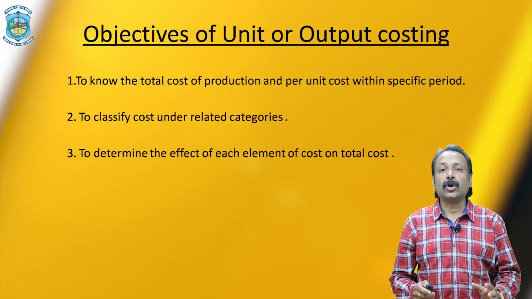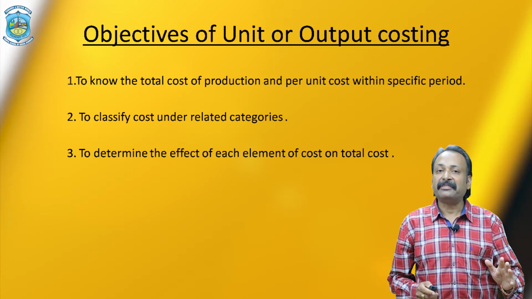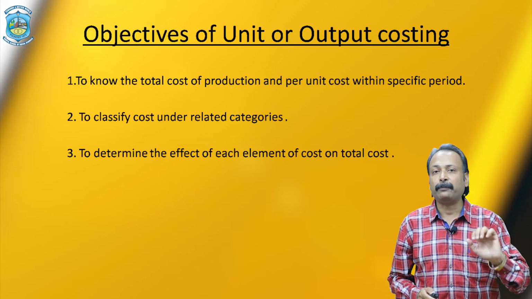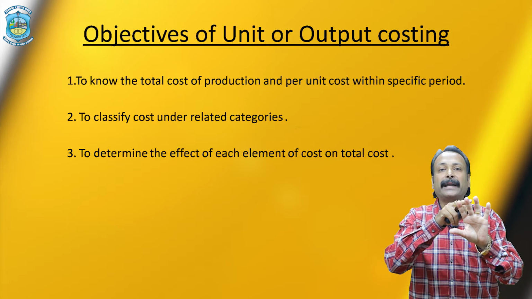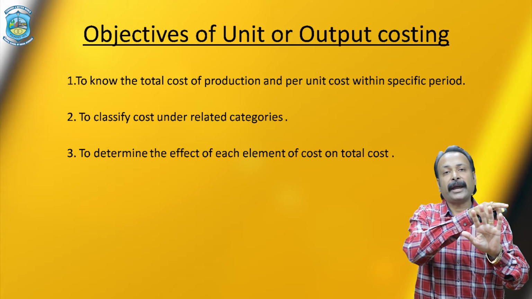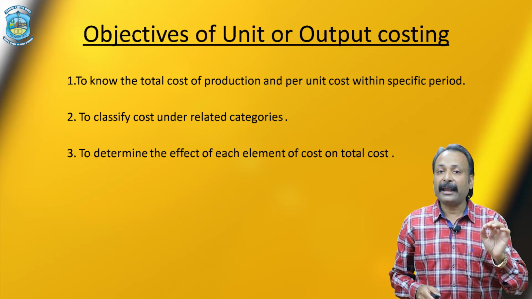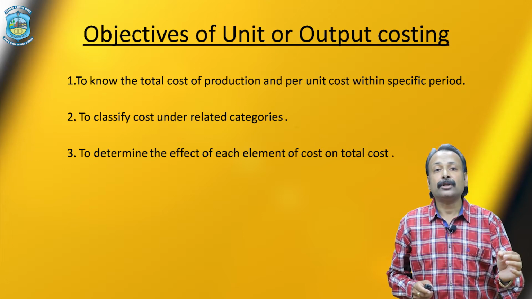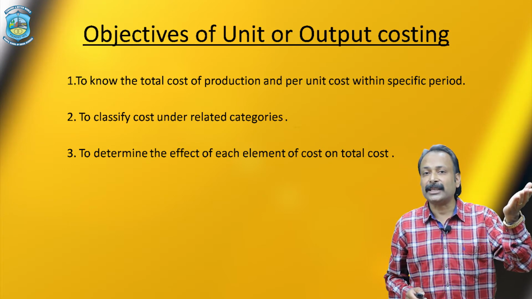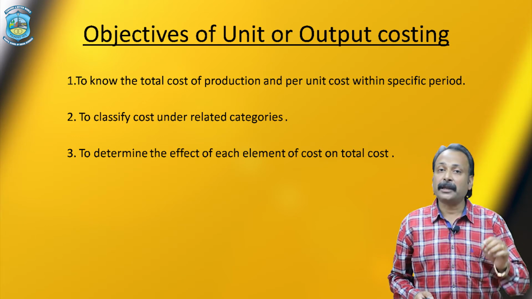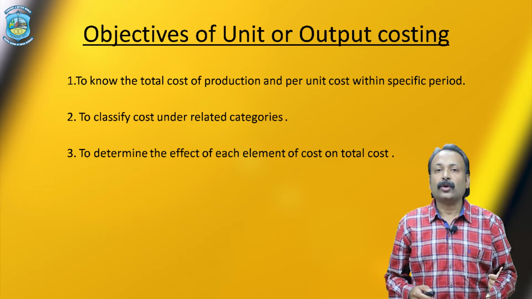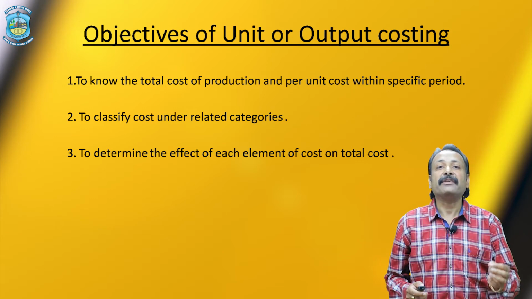When we are calculating the total cost, we divide it into different parts or categories. For example, if we divide our process into 5 parts: part number 1, part number 2, part number 3, part number 4 and part number 5, we add all the expenses to know the total cost. If we incurred an excess amount of expenditure in part number 1 and part number 2, automatically the total cost is going to increase. Or if we are able to control the cost in part number 1 and part number 2, automatically the total cost of production is going to decrease. So, the main objective is to know the effect of each cost on total cost.